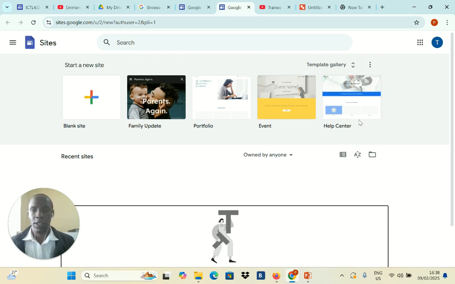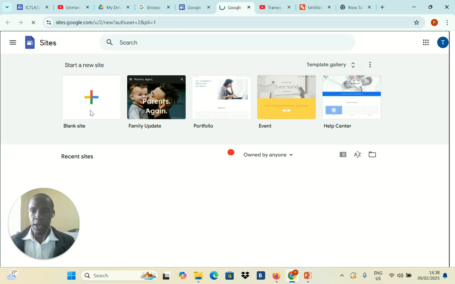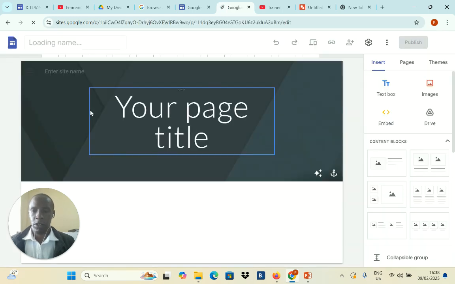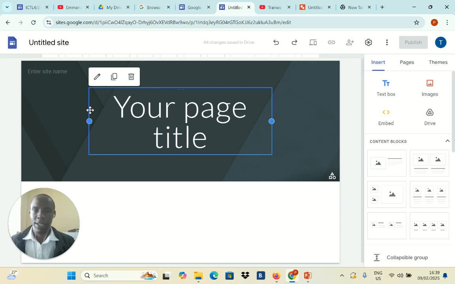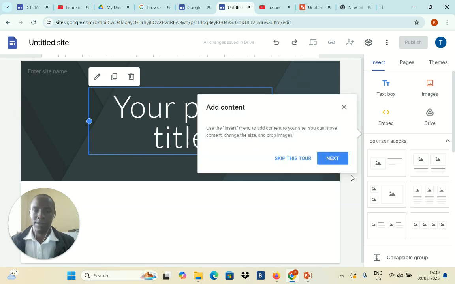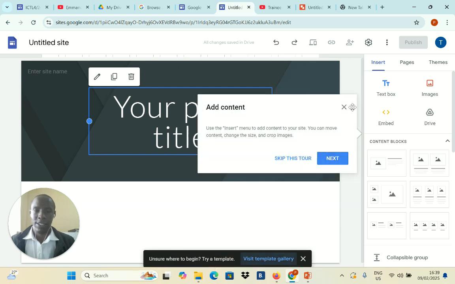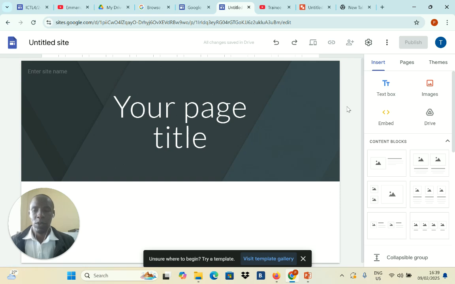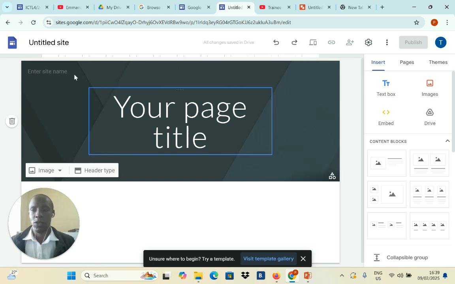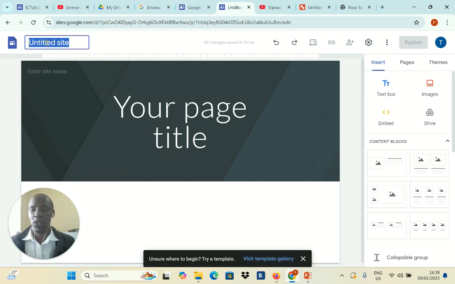These are the templates, as you can see, but I have to choose a blank one. I have to use the blank one, so I create a new e-portfolio like this. Good, wonderful. This one you can just close. We have it there. You now have to create and embed